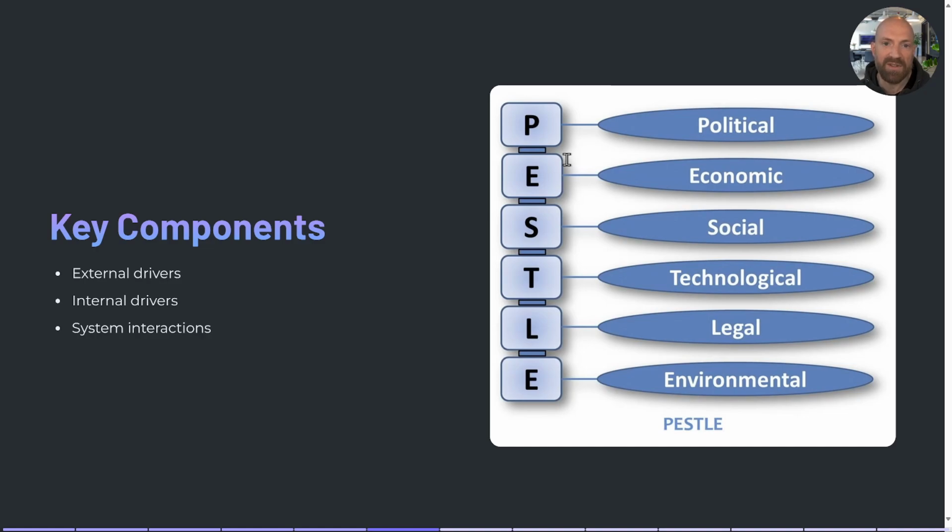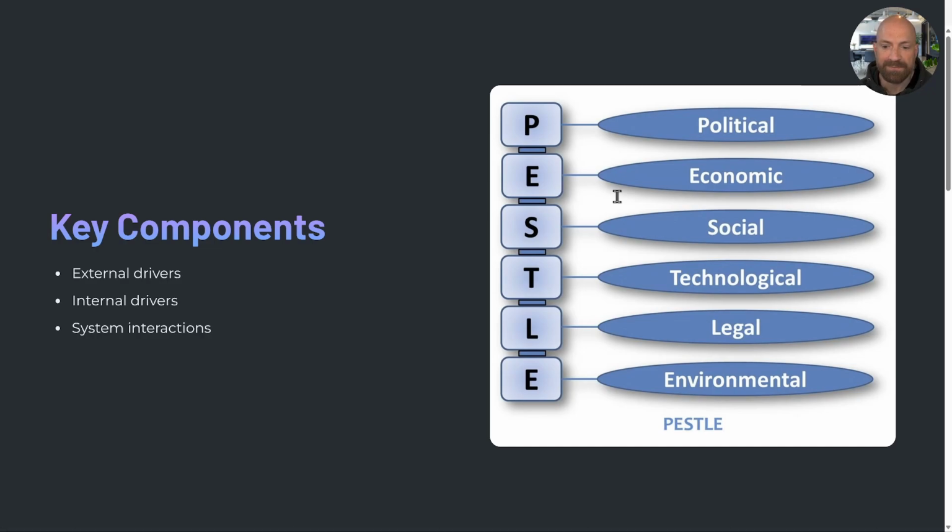Now these drivers, internal and external, all interact within systems and they create complex dynamics. And it's very important to consider the short-term and long-term impacts of these drivers. Now, understanding the drivers and how they interact can very much help with creating robust strategies and plans for the